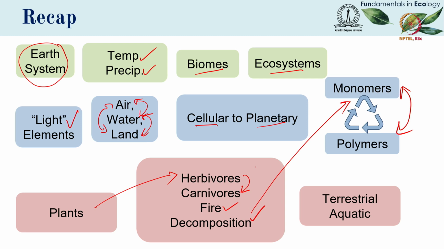Now there are some differences in how these things operate in terrestrial and aquatic settings. We have one generalization that in terrestrial settings, for example in forests, primary producers tend to be very large and hold a lot of biomass. Individual animals which eat these plants often are insects and caterpillars. They tend to be very small. In grasslands, the grasses are small, and the animals and the mammals and the elephants and the rhinos and the antelope, they tend to be fairly large, and things get inverted when we look at aquatic systems.